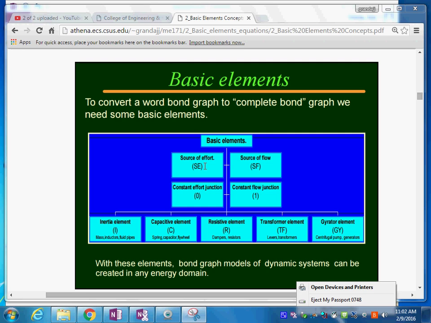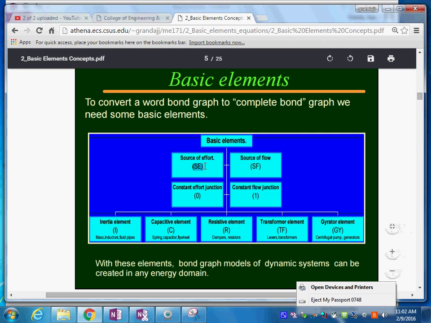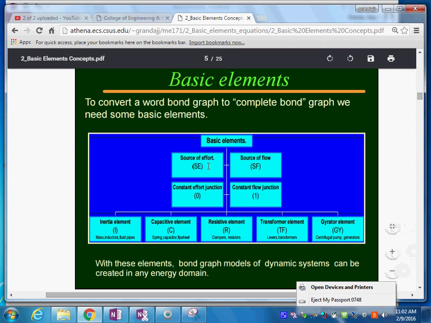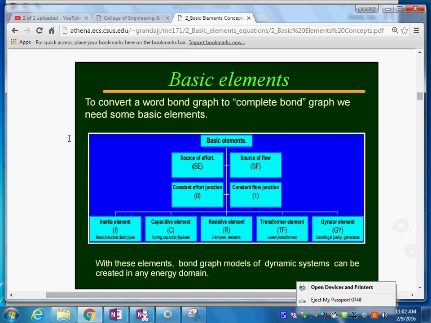That's why it's either a junction for common flow or a junction for common effort. So what we have in here are the two connections, two sources, and these five